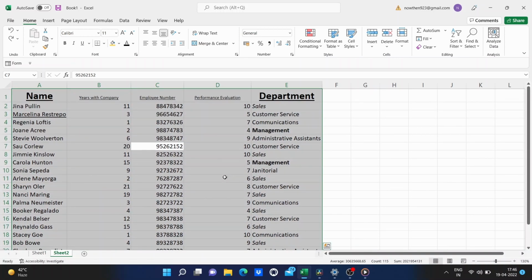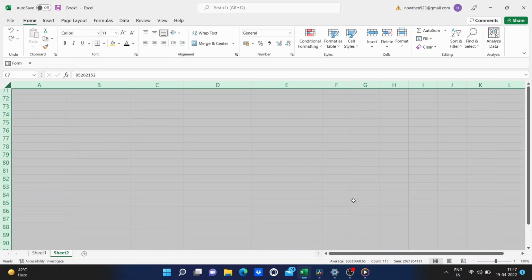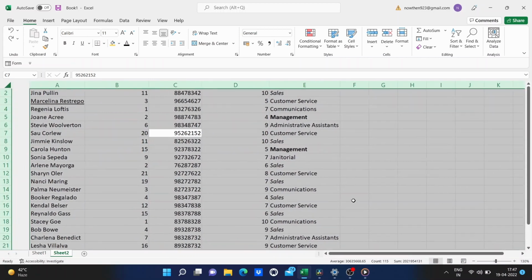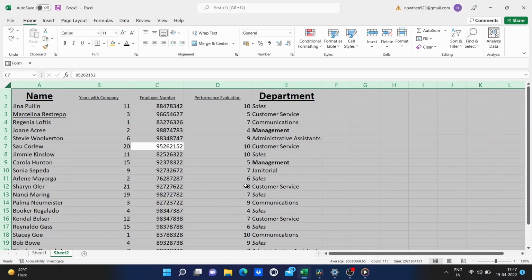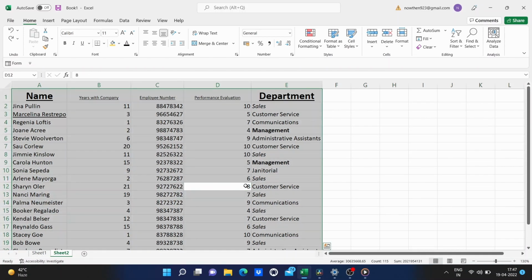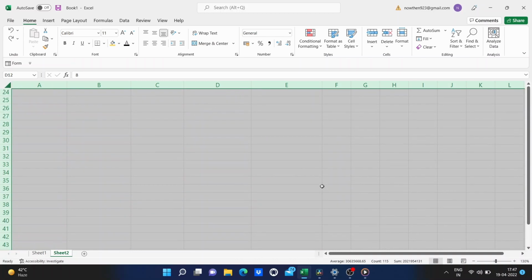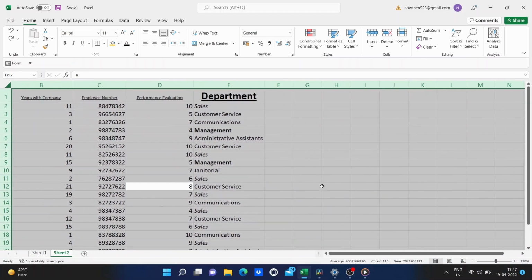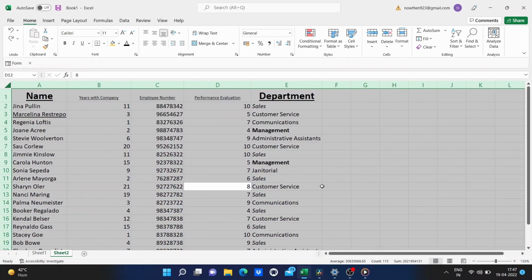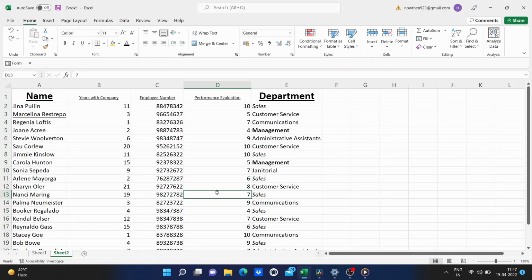Now, if you tap it again, it selects all of the cells in your spreadsheet. So, let's look at that again. Control A selects the data in the range that you are working in. Control A again selects everything. So, that's Control A, which stands for Select All.